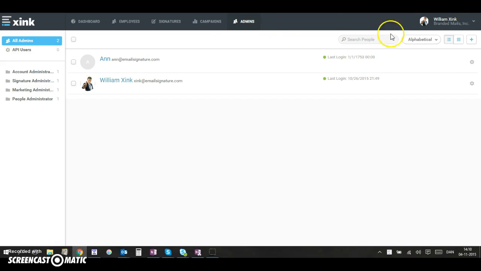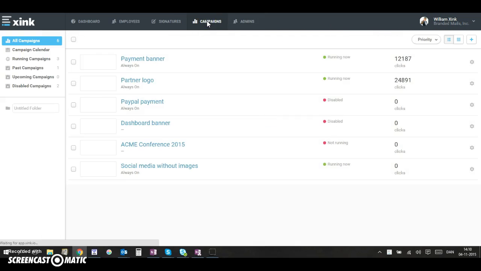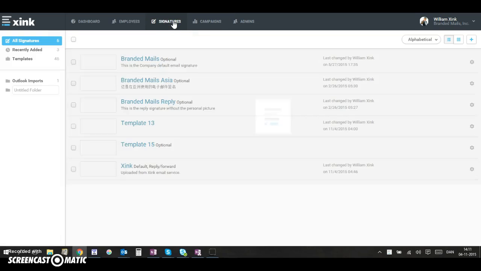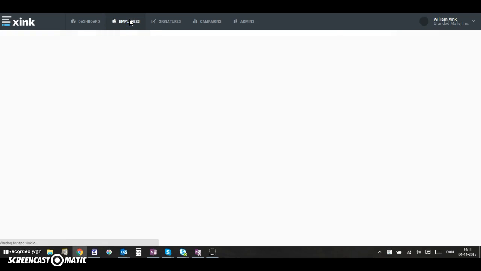So basically, I will concentrate on the preferences menu up here, but basically you have the campaigns. This is where marketing design the campaigns and schedule campaigns and monitor tracking, etc. Signatures, this is where you design your company signatures. You can upload existing, or you can design from scratch, copy paste HTML, whatever you prefer. Employees,